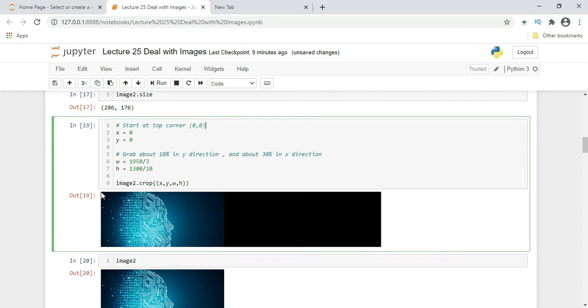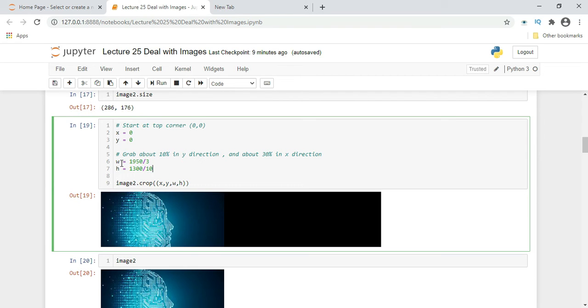Here you can see the point from where this image started displaying. So the first part, the x, y coordinate, we are taking here as 0, 0. Grab about 10% in the y axis, so we divided by 10, and about 30% in the x direction, so we divided by 3. Whatever value we provide, it will take 30% of that here, and here it will take 10%.